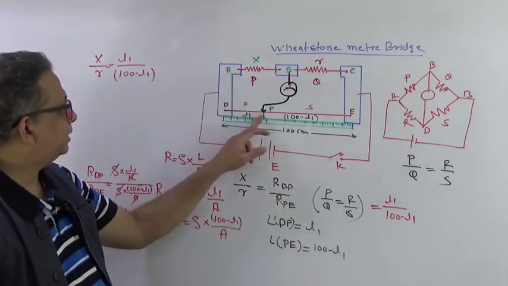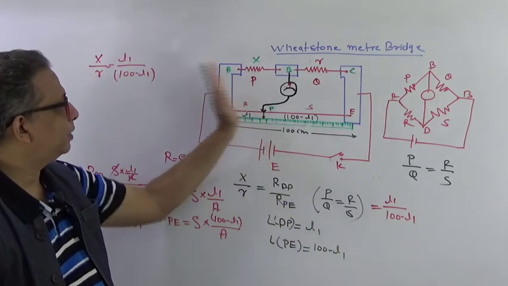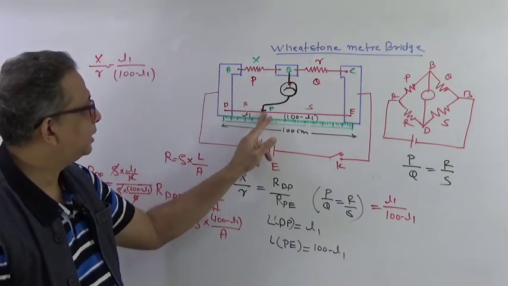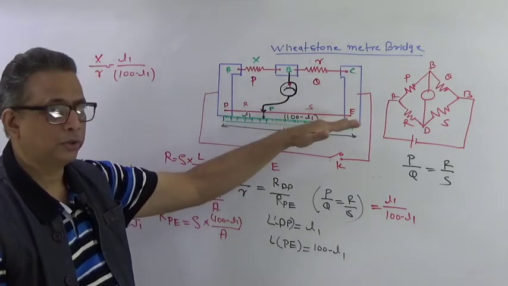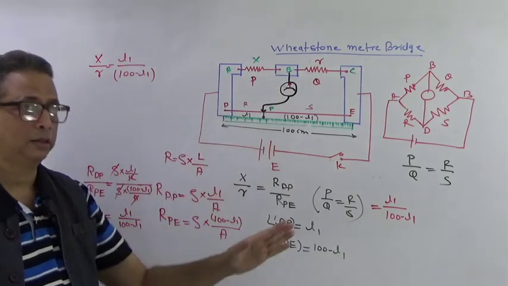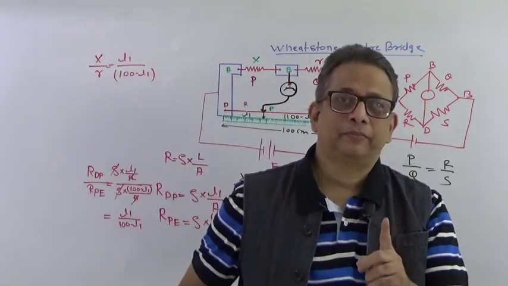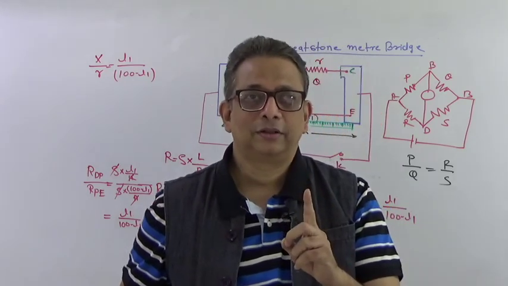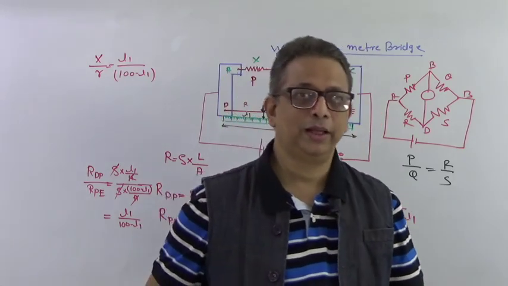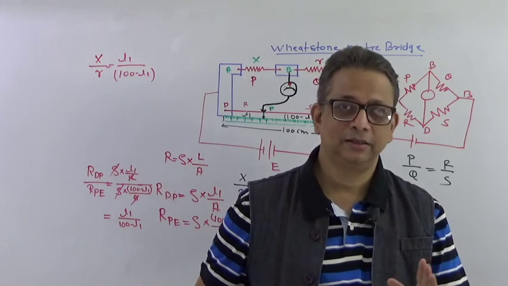So if I take this anywhere between D and P, it will go to the negative side. If I take this point between P and E, it will go to the positive side, right? So it will show some current. And only at point P, where it is the balanced point, the current in the galvanometer will be shown as 0. Is that clear? Fine.